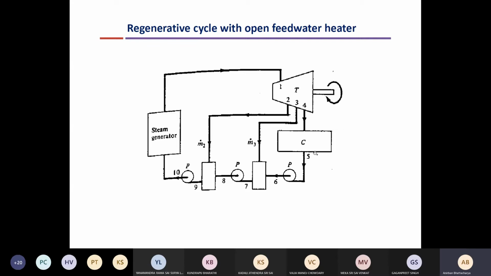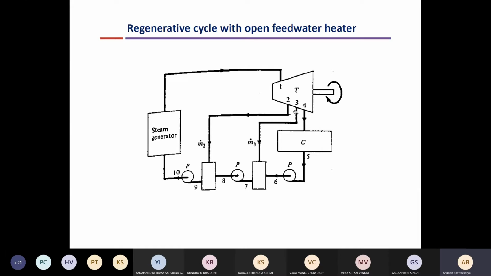Now after condensation, at state 5 we have liquid water at low pressure. Okay, after condensation we have liquid water at low pressure. However, the pressure in this mixing chamber, the open feed water heater, okay, mixing chamber means the open feed water heater, is higher as we had taken the steam at a higher pressure. Okay, so the pressure here is higher. So to mix them properly, so that there is no backflow of the steam through the pipe, this condensed water, which is known as condensate or feed water, is pumped to a pressure equal to the pressure that was present at state 3.